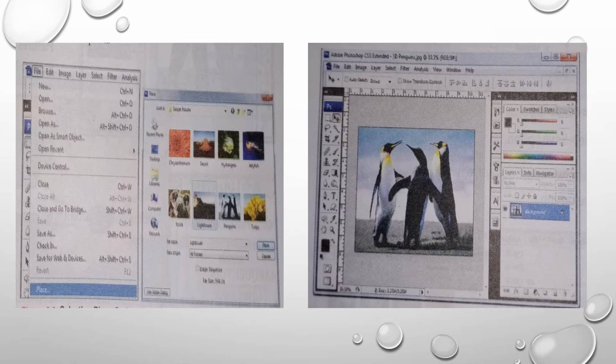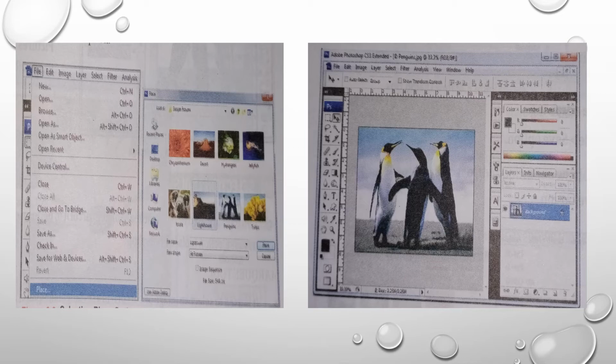You can also resize or rotate the image by dragging the canvas handles or by hovering near the corner node till the rotate cursor appears and then rotate. Double click when you are satisfied with the placement, size and rotation of the image. You will find that a new layer appears in the Layers palette where the image is placed. If the Layers palette is not visible, then select Window, Layers.